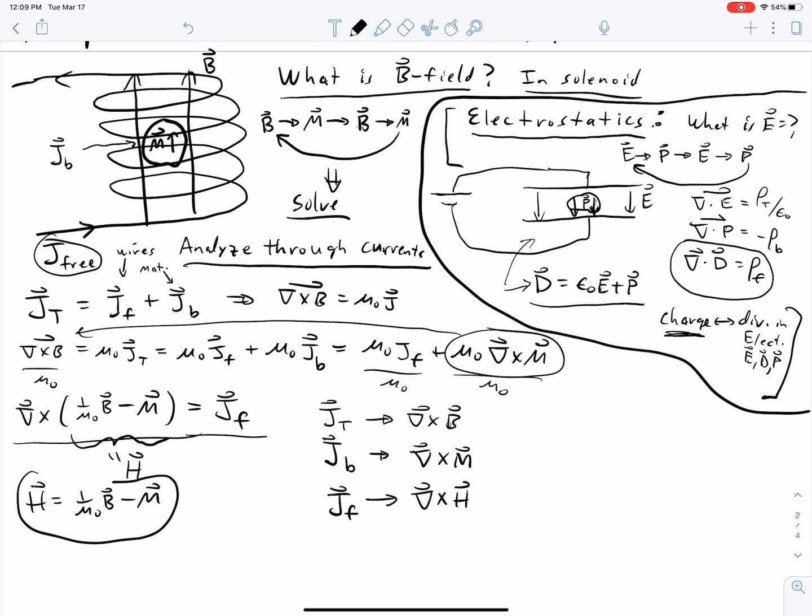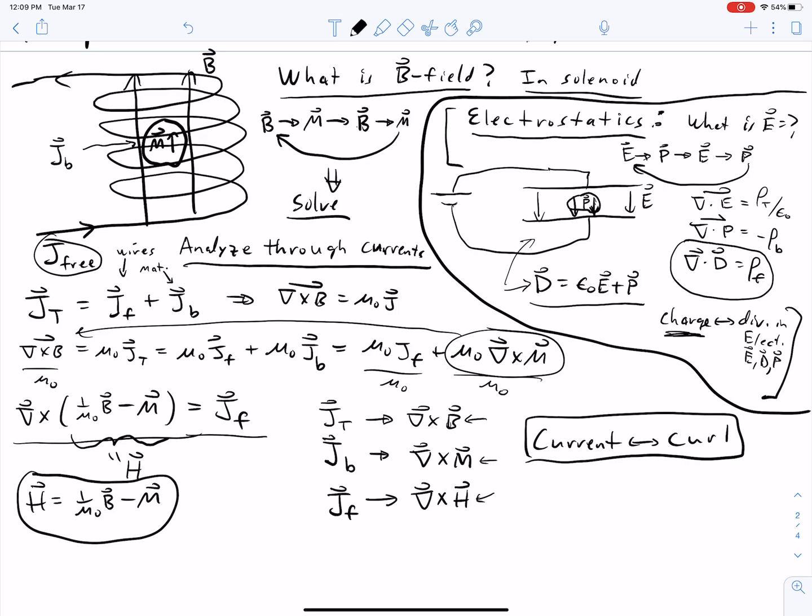The reason we invented it is because current causes curl. So the total current causes curl in B, the bound current causes curl in M, and the free current causes curl in H. That's the important insight. And I want you to see how it's exactly the same as the electrostatics case, where